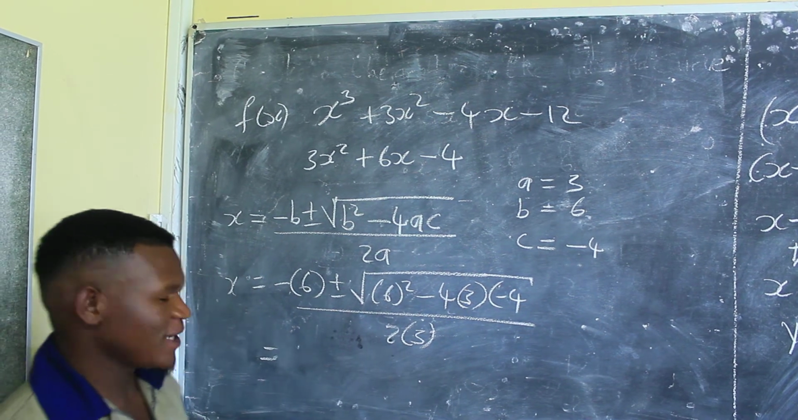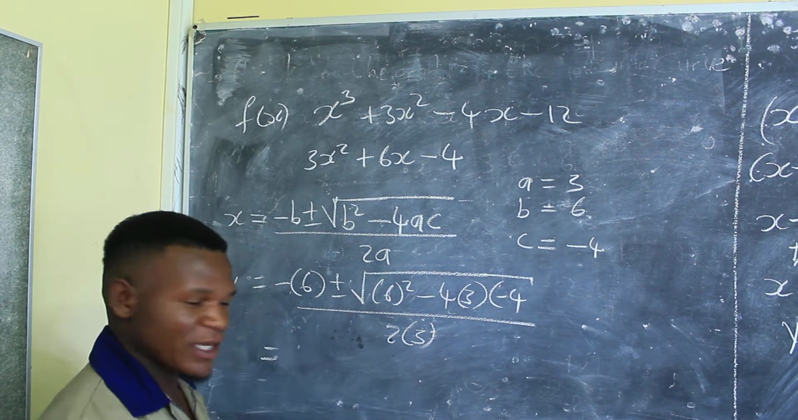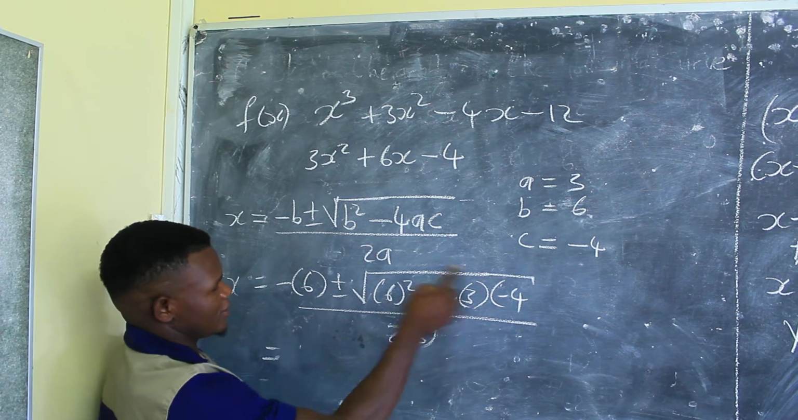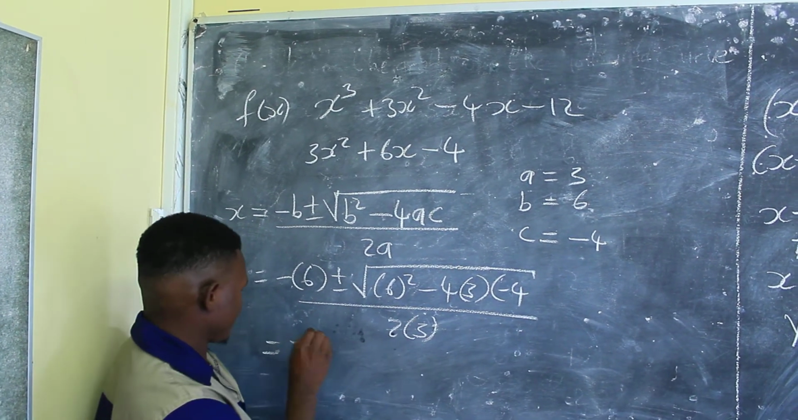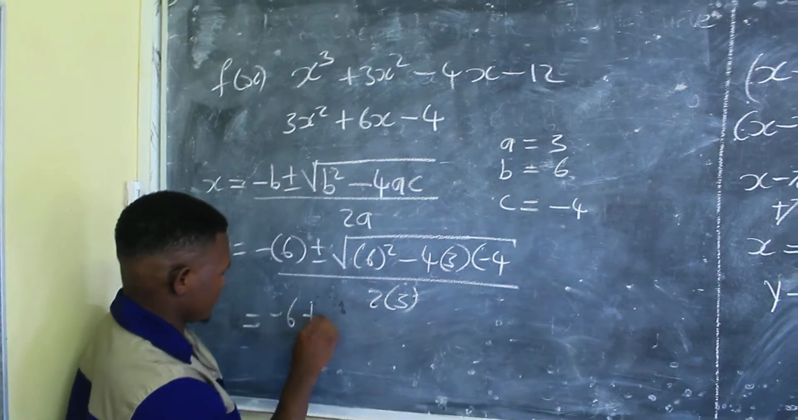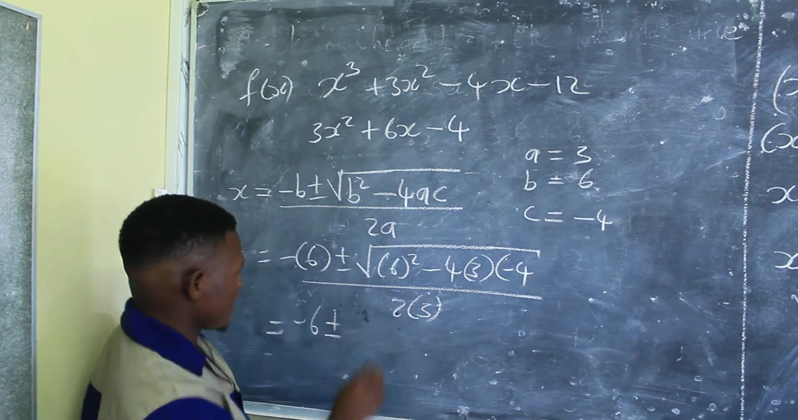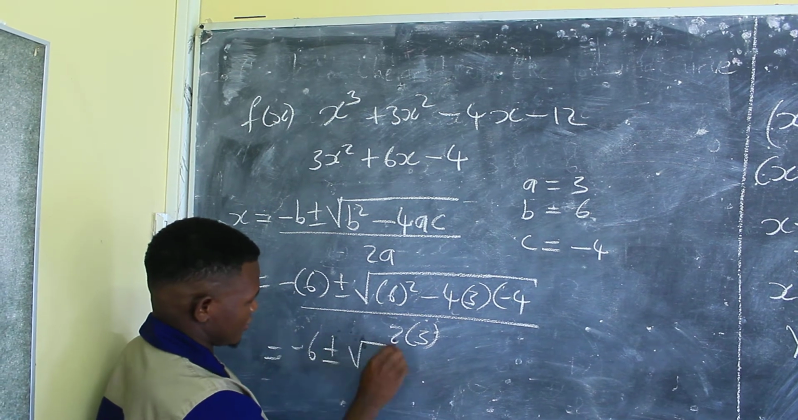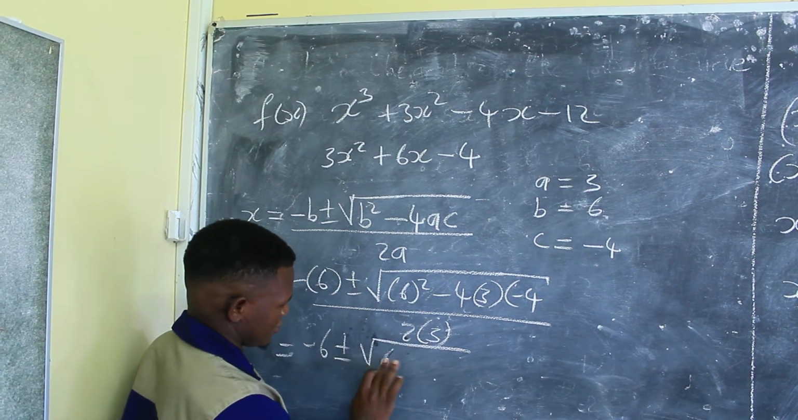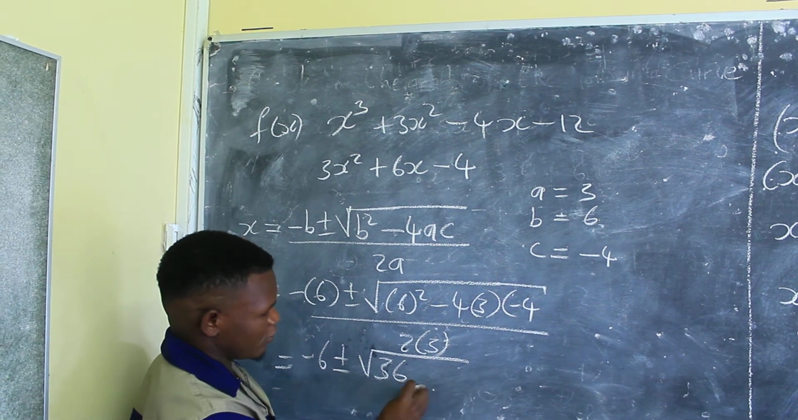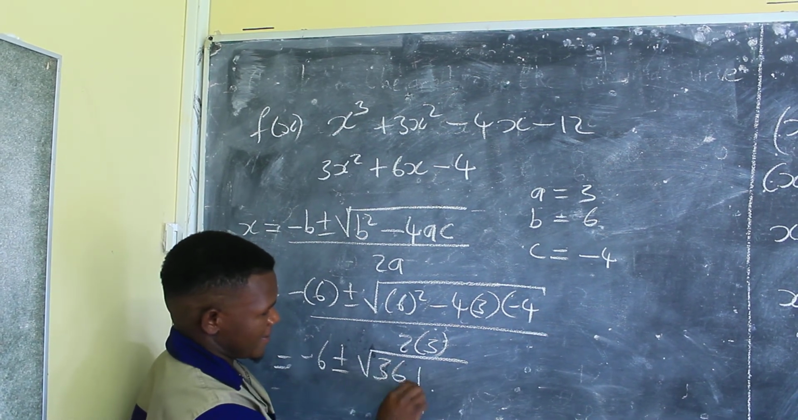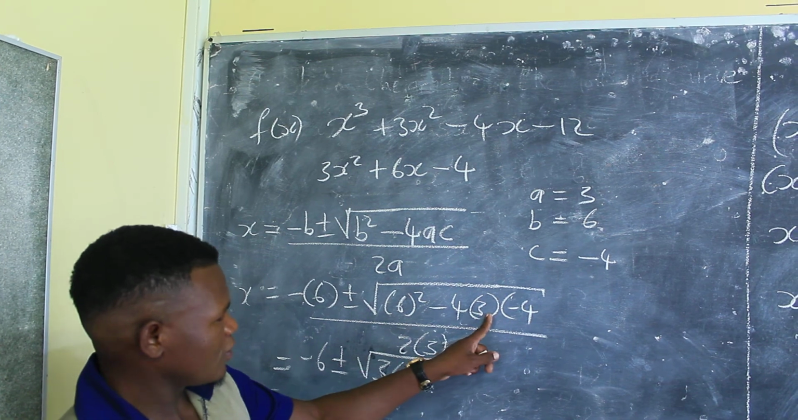You don't waste your time in exams. What do we get? This inside here, the first one will be 36. 36. This one will change to positive, and that is plus. Okay, it's 12 times